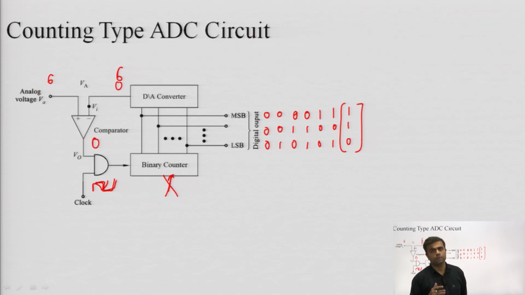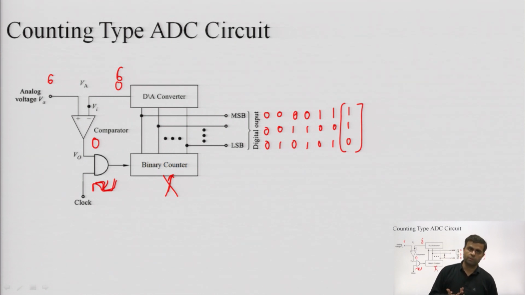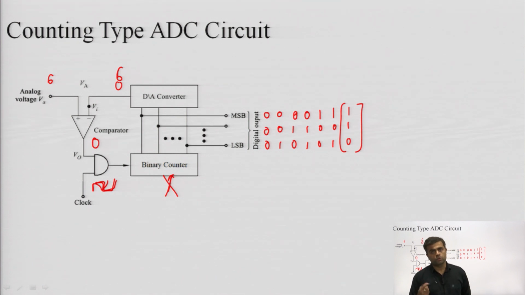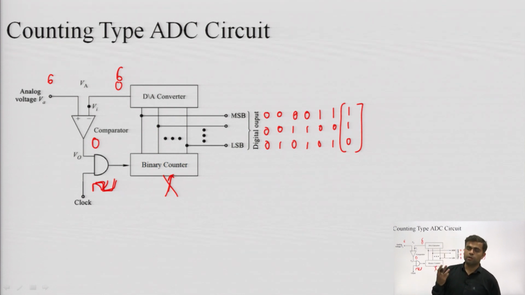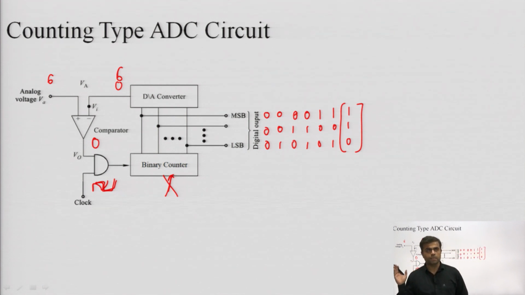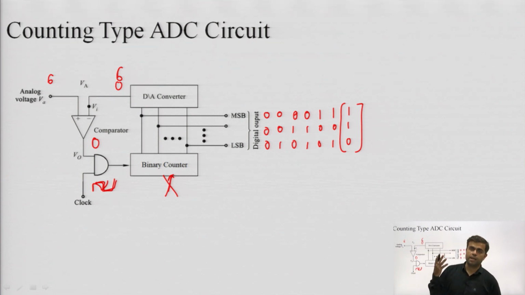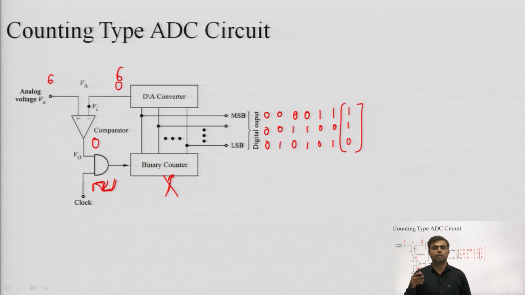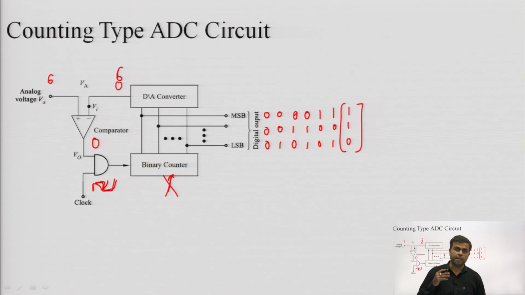That means if it is a 3 bit, then the maximum number of clocks will be 3, but in case of a counter, the counter has to start counting. So if a larger value is applied, if it is a higher size A to D converter, let's say a 10 bit A to D converter, then if the number is higher, it might take time to reach 2 raised to power 10 pulses. 2 raised to power 10 pulses will be counted and then the output will be displayed.